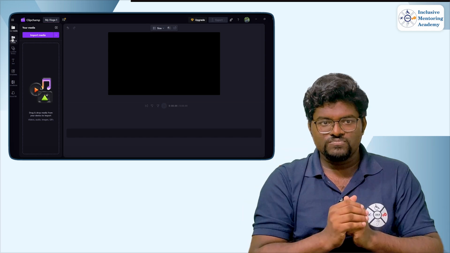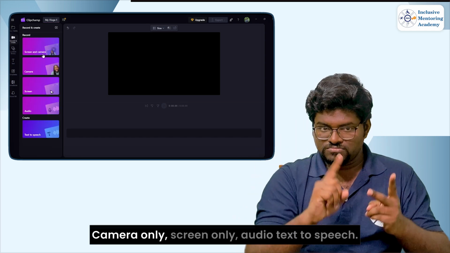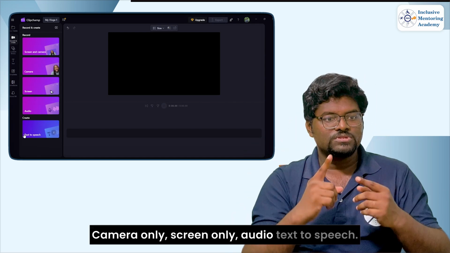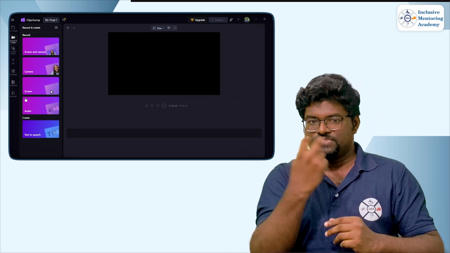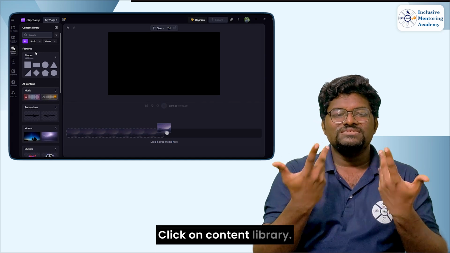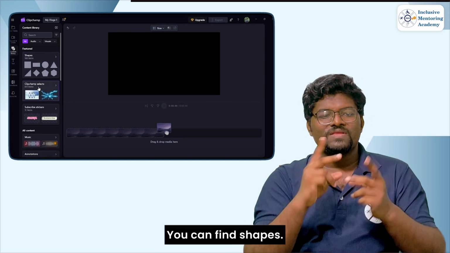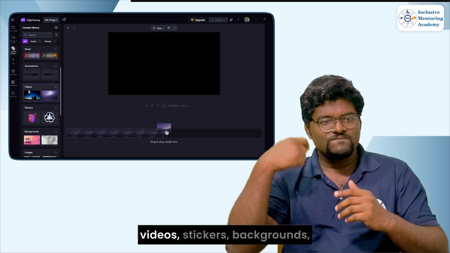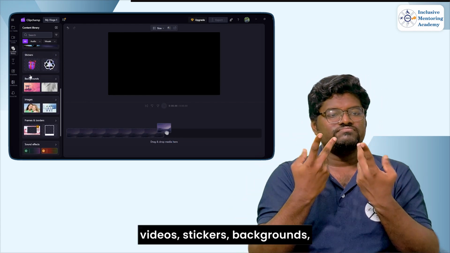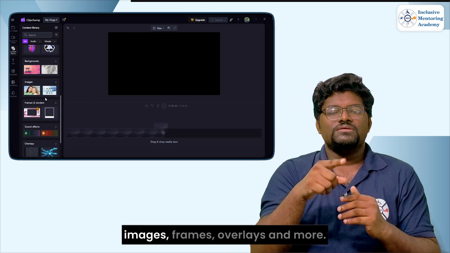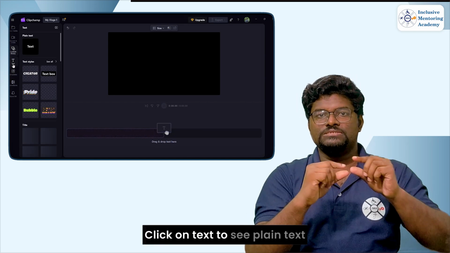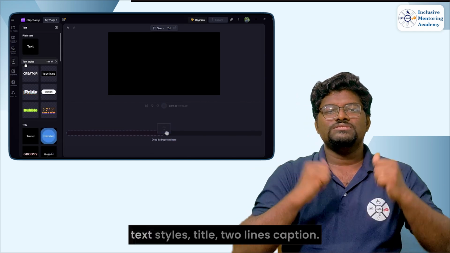Screen and Camera. Camera only. Screen only. Audio. Text-to-Speech. Click on Content Library. You can find Shapes, Clipchamp Selects, Graphics, Videos, Stickers, Backgrounds, Images, Frames, Overlays, and more. Click on Text to see Plain Text, Text Styles,